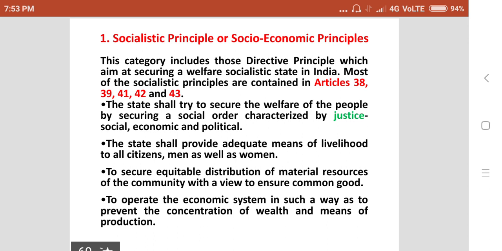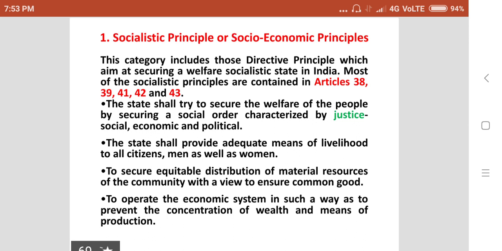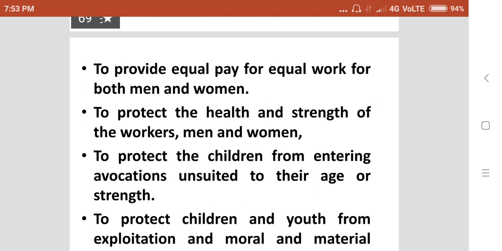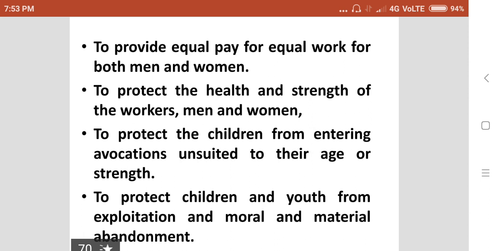to secure equitable distribution of material resources of the community with a view to ensure common good, to operate the economic system in such a way as to prevent the concentration of wealth and means of production, to provide equal pay for equal work for both men and women, to protect the health and strength of the workers, men and women,